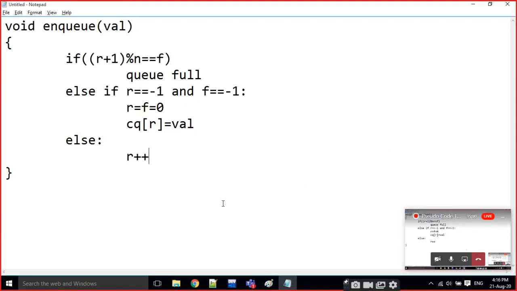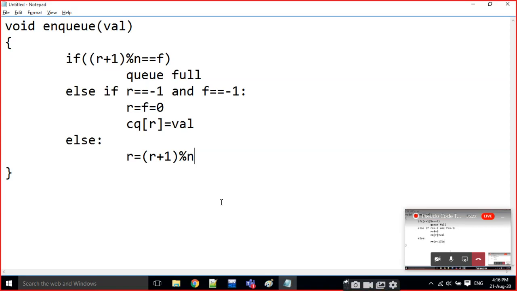That means instead of r plus plus, what I am doing is r is equal to r plus 1 mod n, where n is the size of the queue. Instead of r is equal to r plus 1, I am doing r is equal to r plus 1 mod n.